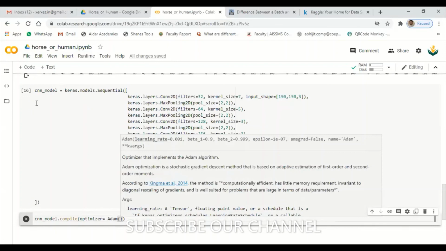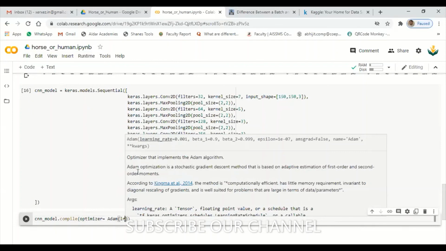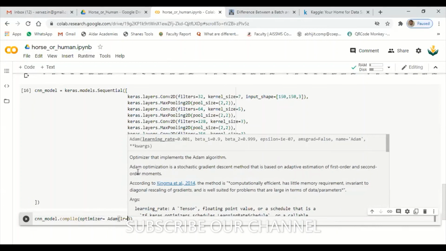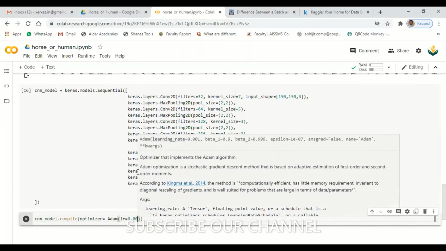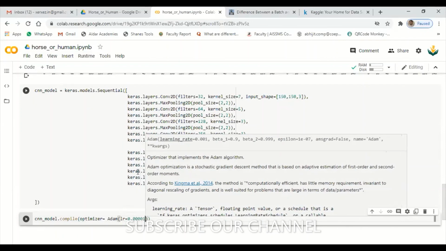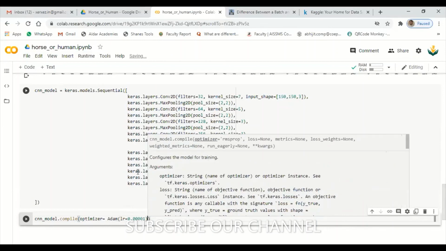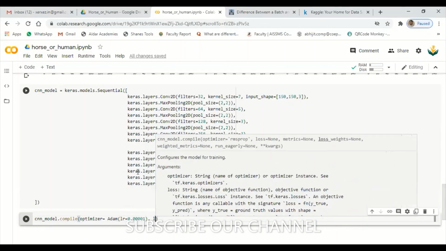LR, I already created the alias there. LR equals, let's have 0.0001. So this is going to be the threshold value here. That means it gives a nice accuracy, but it takes time.